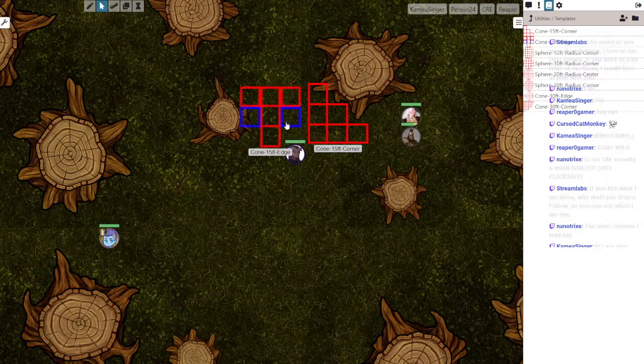Everyone argues this. No one can agree. People at large can't agree if you include both blue boxes or one blue box. The reason is because if you include both, it's one extra square.